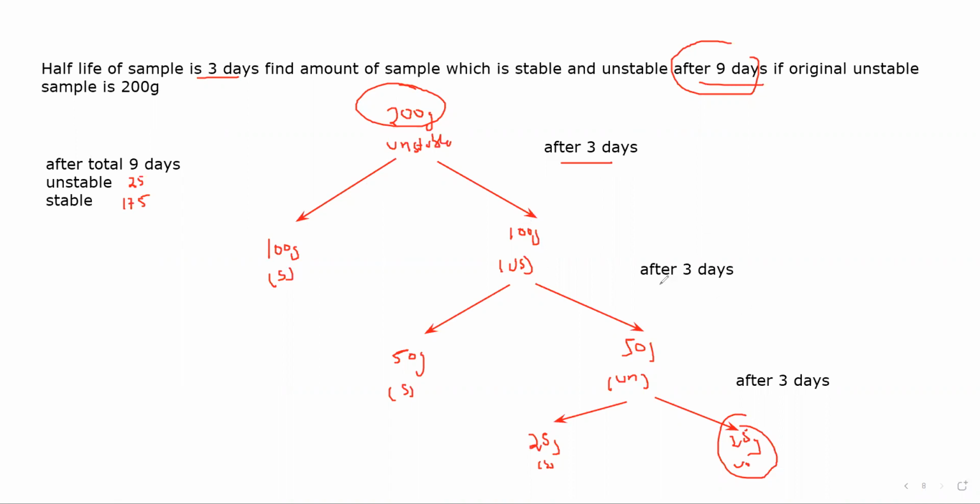And after 3 days, it will become half of its original value. So it will become 50 grams stable and 50 gram unstable. Then after further 3 days, the 50 gram which is unstable will decay into 25 gram stable and 25 gram unstable. So after total interval of 9 days, we are left with 25 gram unstable and we are left with 175